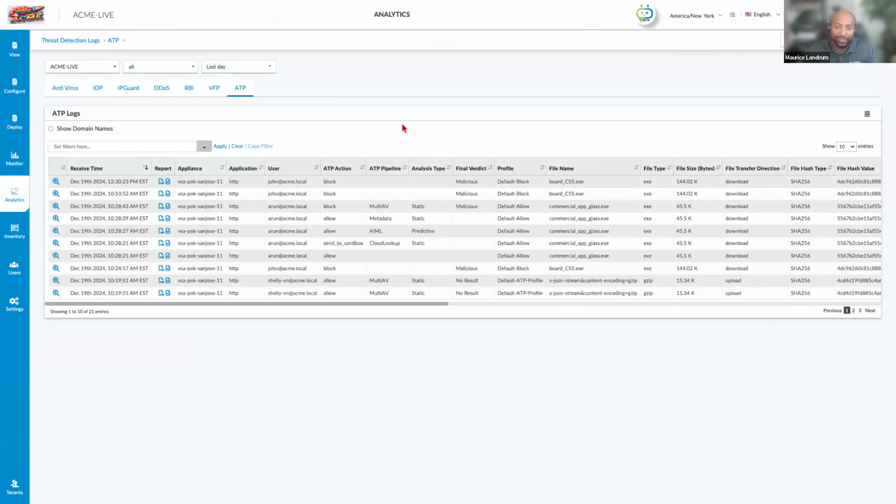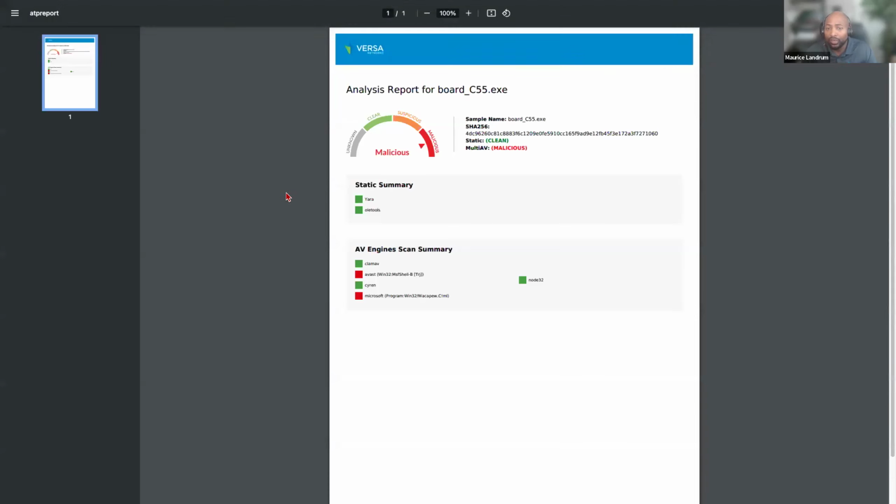And in between waiting, what I'll do is show you the report of the file that we downloaded there. Okay, so here, the previous file that we did download was this board C55 exe file.